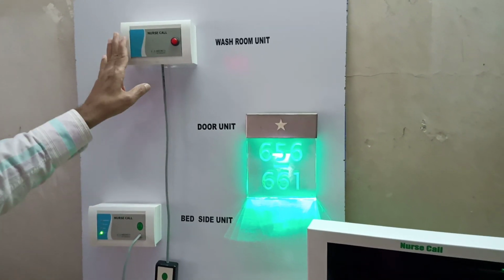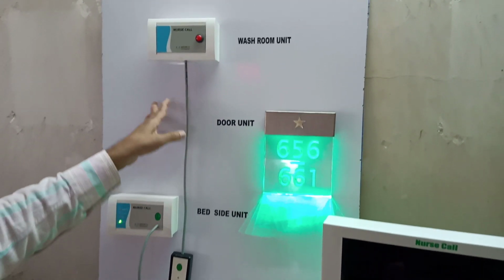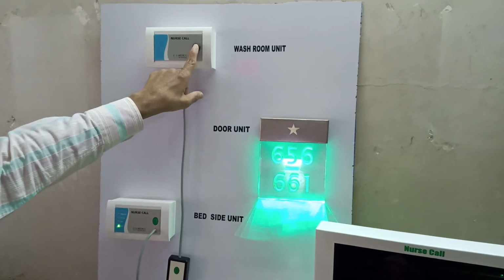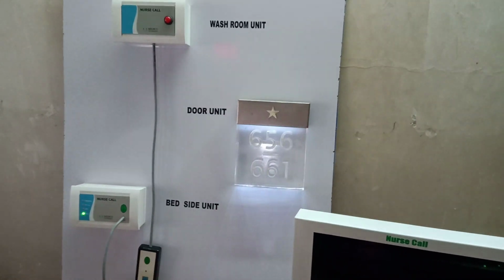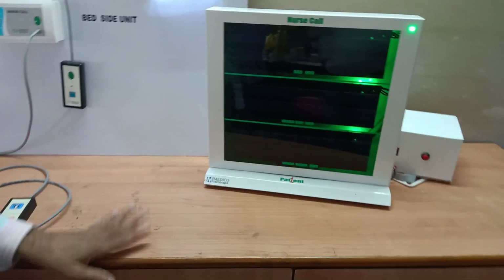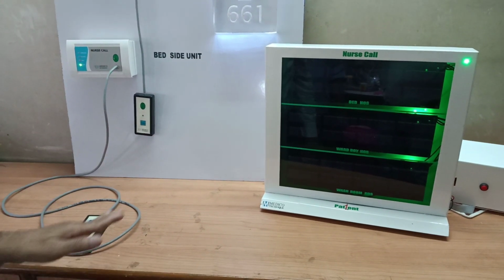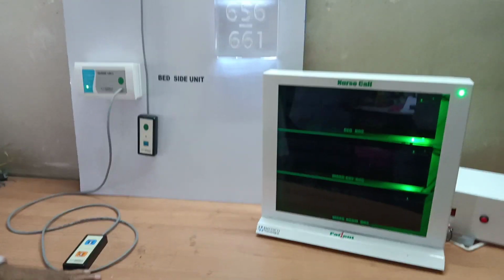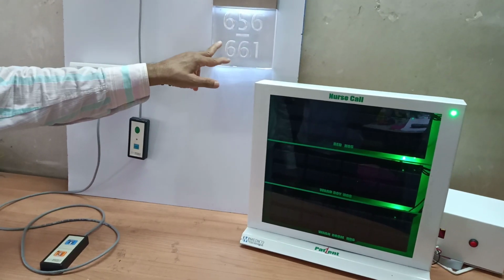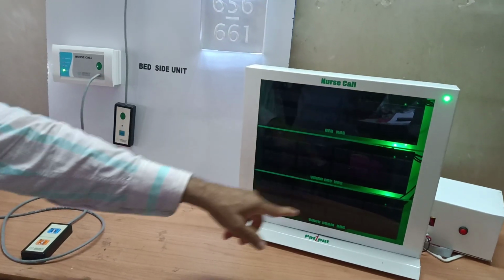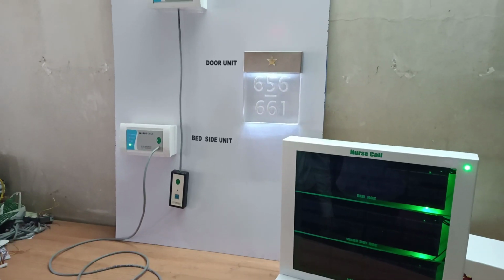Now you have the option, if you are fixing this somewhere near the wall, close to the commode or anywhere, then you can even press this switch for reset. See what happens when you press this switch, zero off, audio is stopped and the light is displayed. So this is the actual, real-time function of the nurse call system. Wall unit green light, door display white light, normal mode, zero display on the nursing station. No lights on the washroom unit.